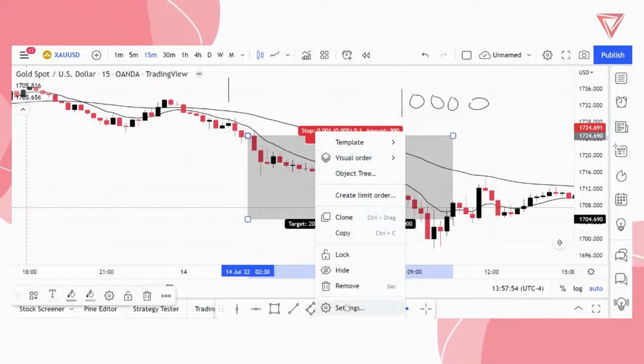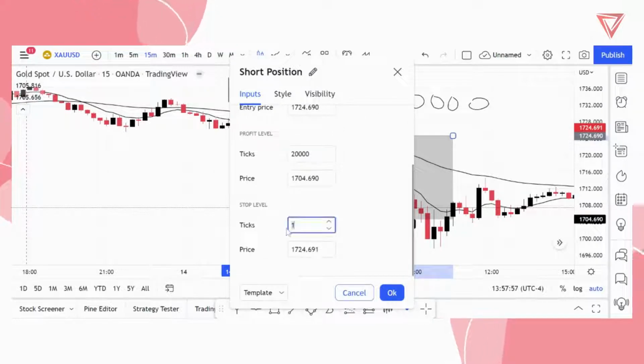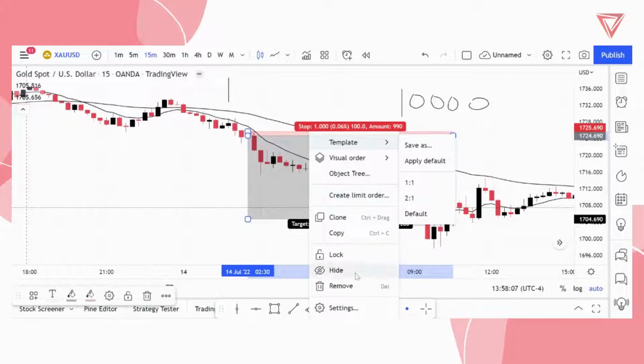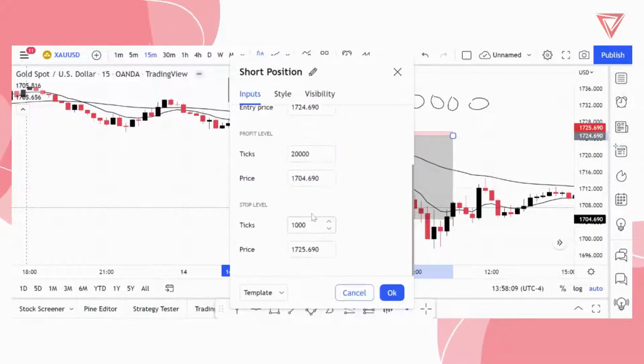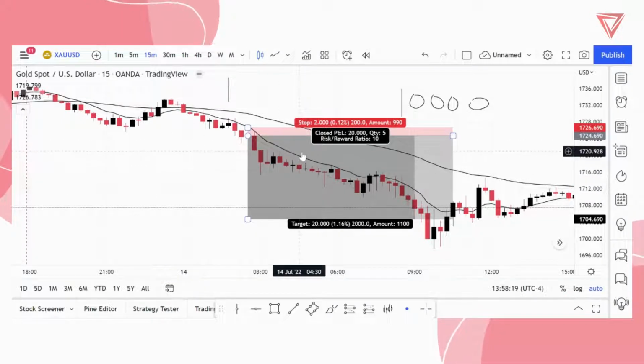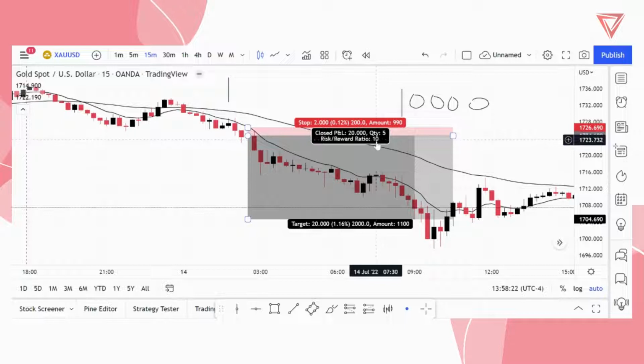Let's assume now we are to use a 20 pip stop. So instead of $100 here, sorry, $1,000, which is a 10 pip stop, instead of that, you basically have to use a 20 pip stop loss. Sorry, my bad. My apologies. Right? So that's that. Now you realize, if you're paying attention to what's going on here, your risk reward has changed from a 20R to a 10R. It has changed from a 20R to a 10R.